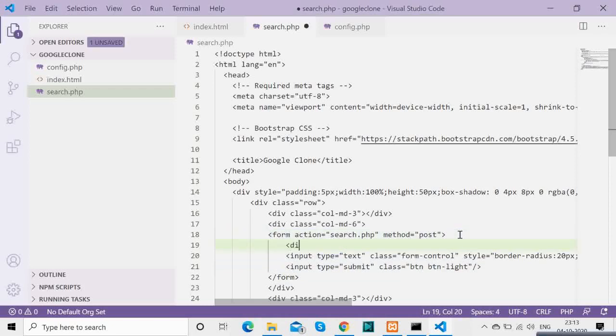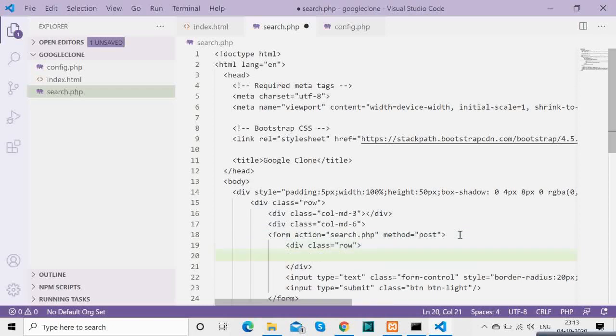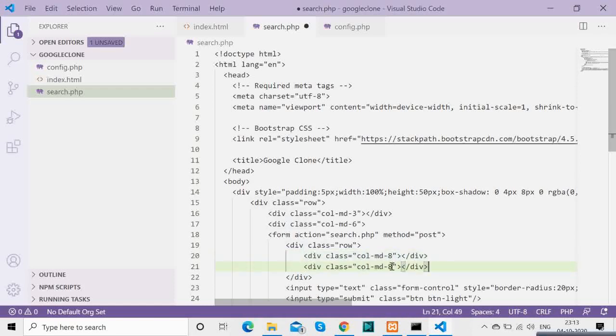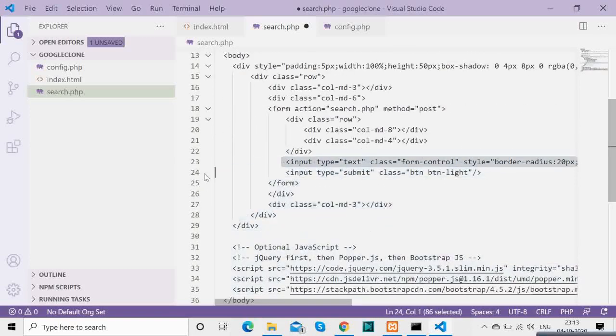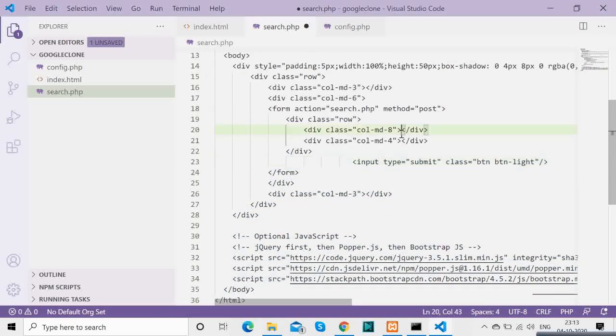So we are having the rows and the columns. You see we have 8 plus 4 which is 12.